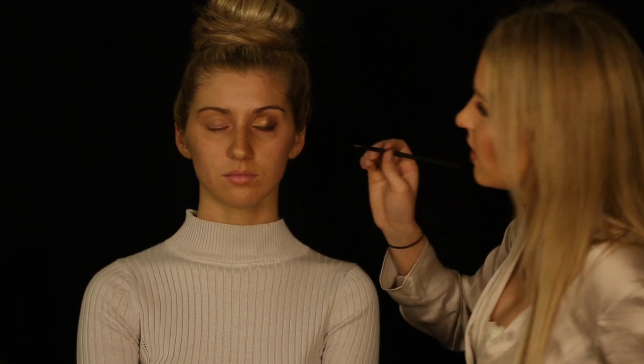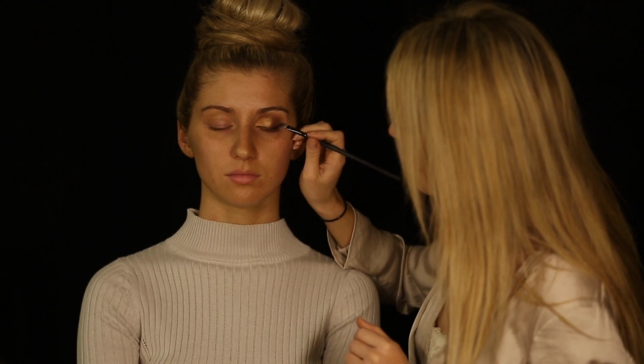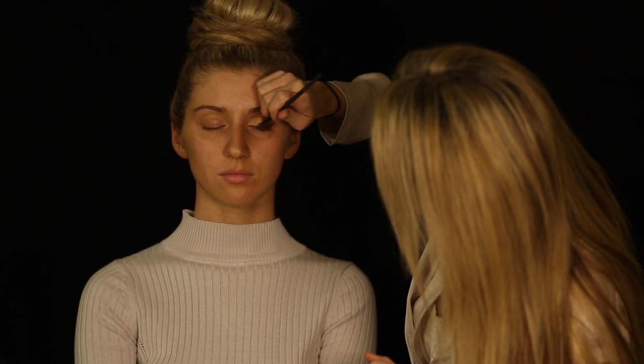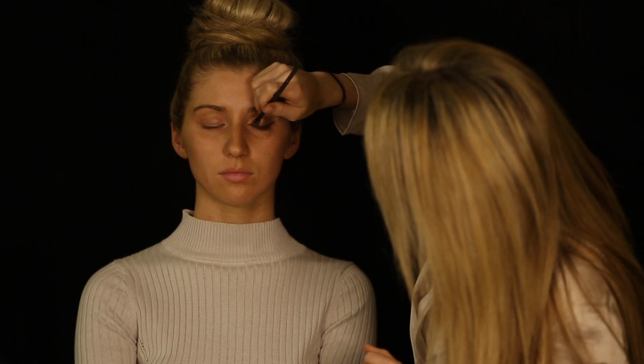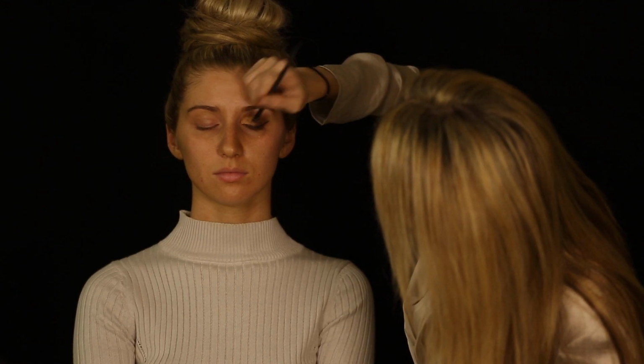Really pretty. So I'm going to take an angled brush and go in with Raevan just right over that line. Makes it a little bit darker, makes it look neater. Okay. All right,